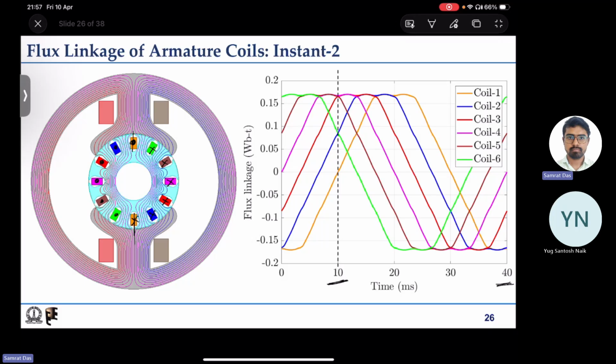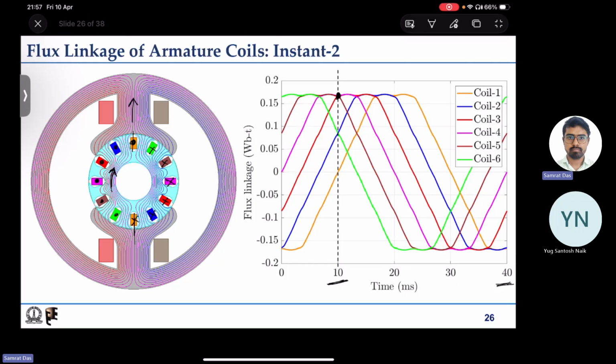Now you can see that the flux line direction is actually upward. So the flux linkage of the pink coil for this instant is positive, because the reference direction of winding is dot and cross like this. Had there been any current, the flux due to that would also be upward. So the actual flux is matching the direction. That is why the pink one has maximum flux linkage at this instant,